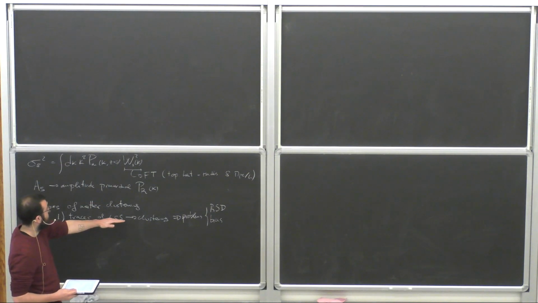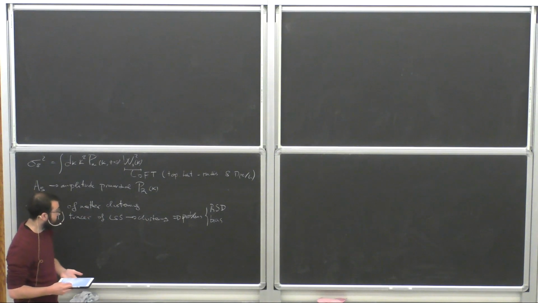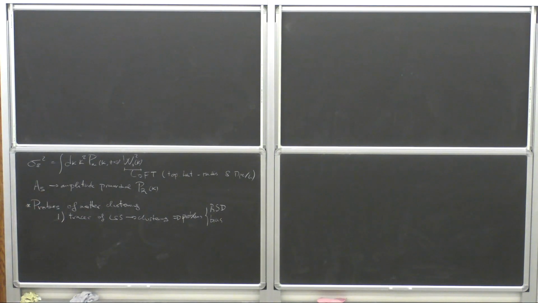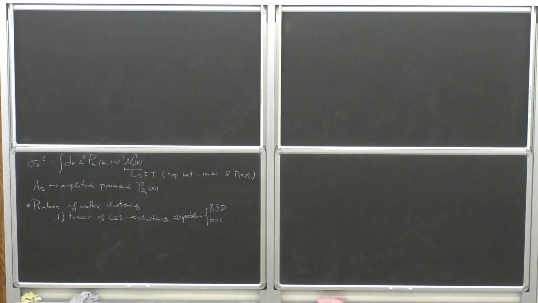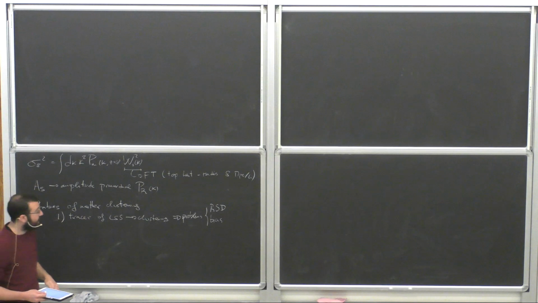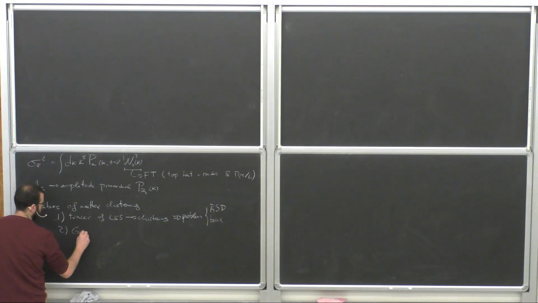Also, due to probably this limitation, even if the probe of clustering with the galaxy, especially galaxy clustering, is very powerful to constrain some features of cosmology, especially with the BAO, but also with some of the shapes of the broadband, if you use some approaches like the effective field theory to describe the whole power spectrum, the biggest tension in terms of sigma 8 is not with probes of the large-scale structure clustering, but with gravitational lensing.